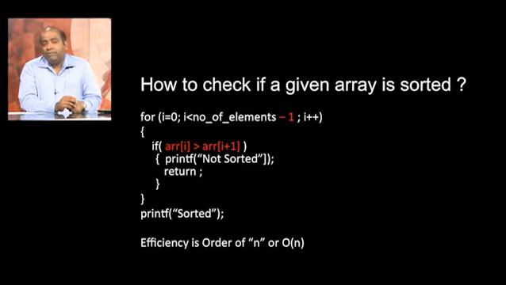Here is a C program which implements this logic. You will notice the loop runs till n minus 1. Each time we check ARR I with ARR I plus 1. If we get a mismatch, we exit as we realize that the array is not sorted. In case we reach the end of the array, we know that the array is sorted. When we walk through a C program, we realize that we are executing lines of code one after another.